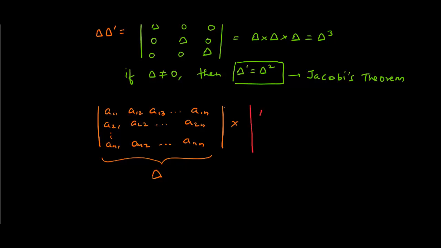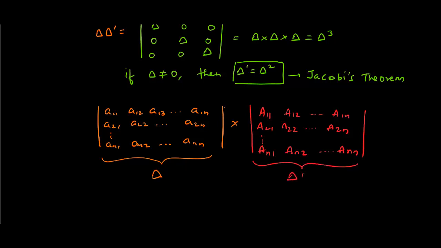I am denoting the cofactors with capital letters. So capital A11 is cofactor of small a11, capital A12, and so on up to A1n. Then you have capital A21, A22 up to A2n, and then An1, An2 up to Ann. Let's call this determinant delta dash. So if I multiply these two,